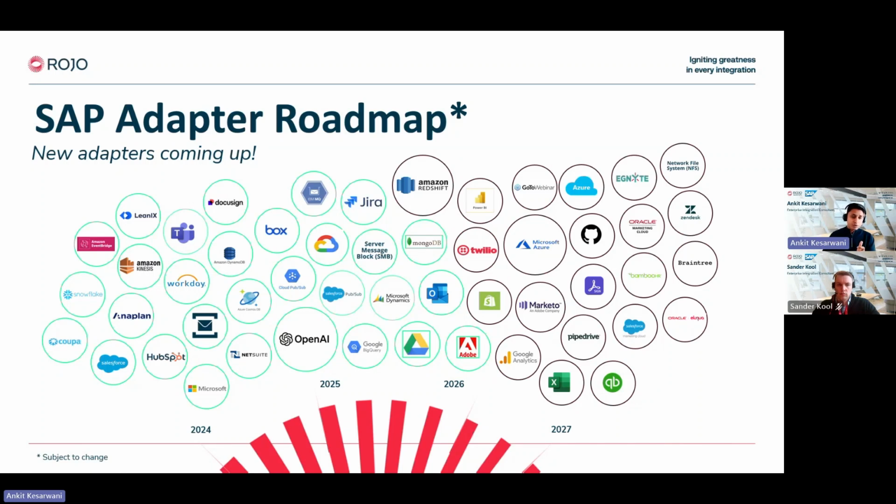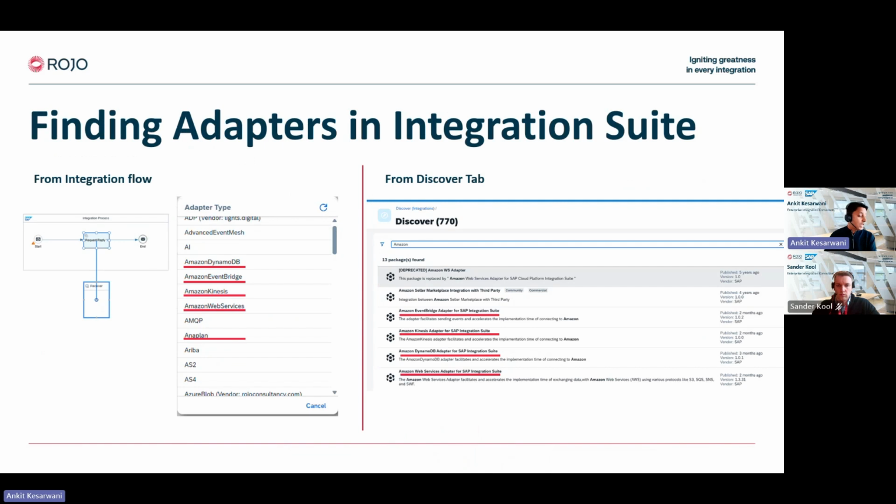And this is not just the whole list of it, these are the main applications which we have highlighted here, but there are much more than that. And if you're not able to find your application adapter within this list, you can also go via API Business Hub, where you can search for your application, and then you can find the adapter and the configuration guide for it. Maybe I can show that